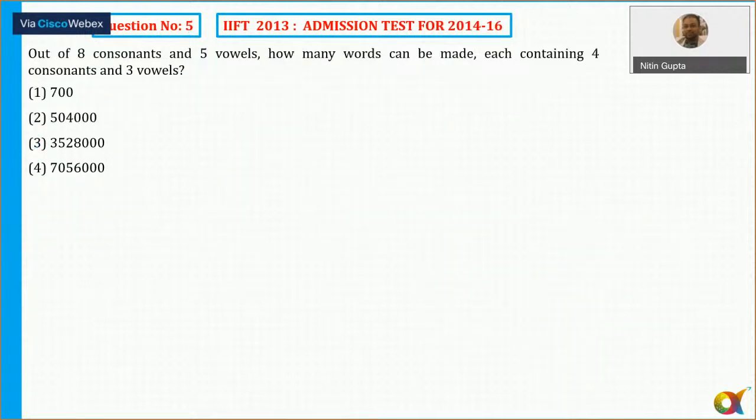Now, question number 5 was very easy. It says out of 8 consonants and 5 vowels, how many words can be made each containing 4 consonants and 3 vowels? So 4 consonants and 3. So out of 8, 4